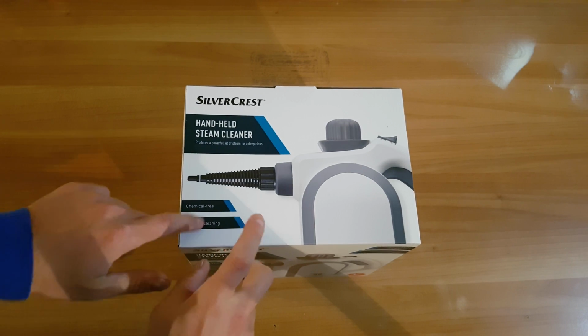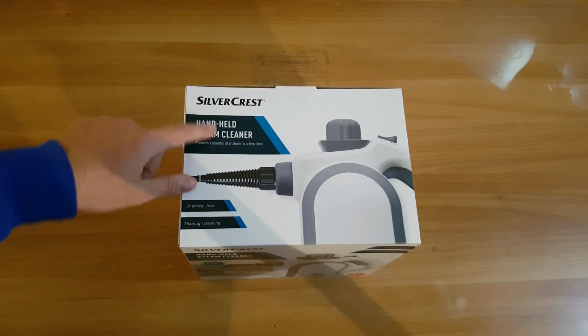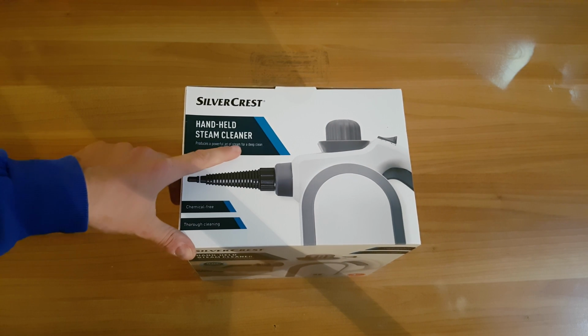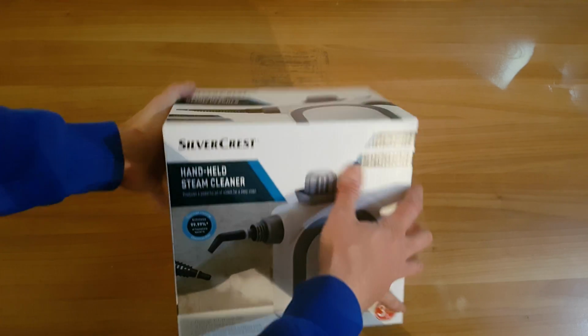Hello guys again. Today we have this product for unboxing, reviewing and testing. This is the Silvercrest handheld steam cleaner. Produces a powerful jet of steam for a deep clean. Chemical free, thorough cleaning. Eliminates